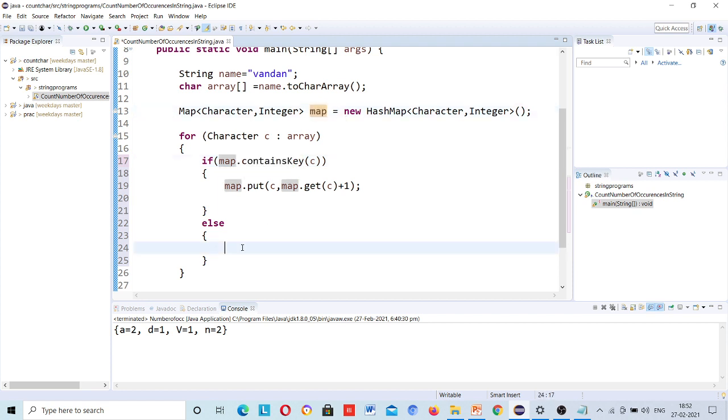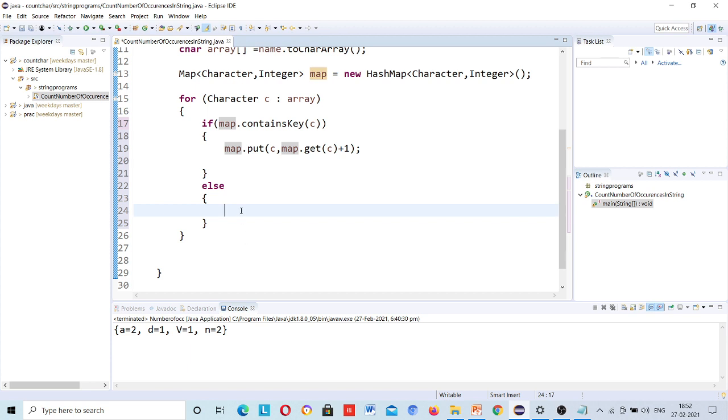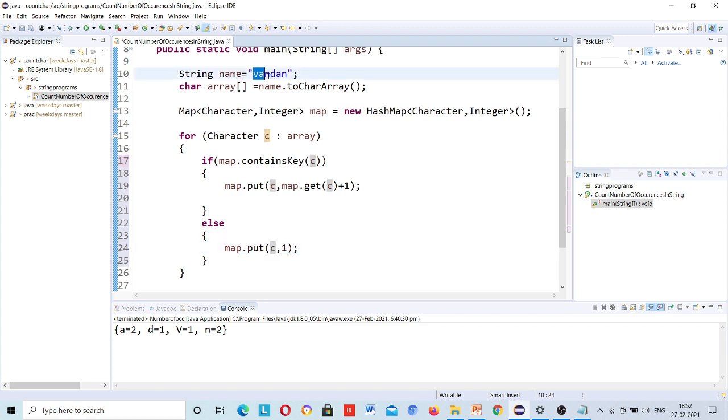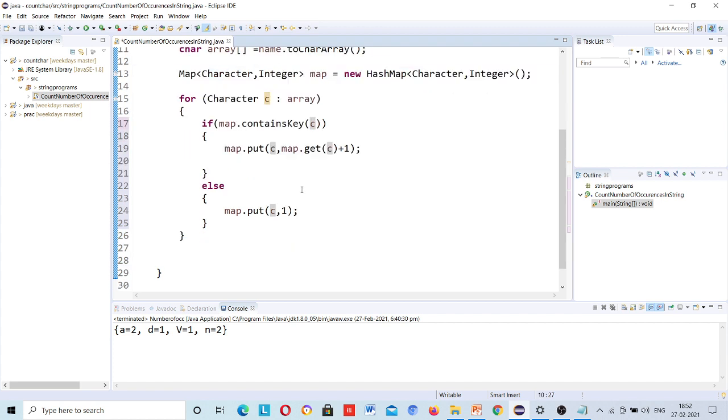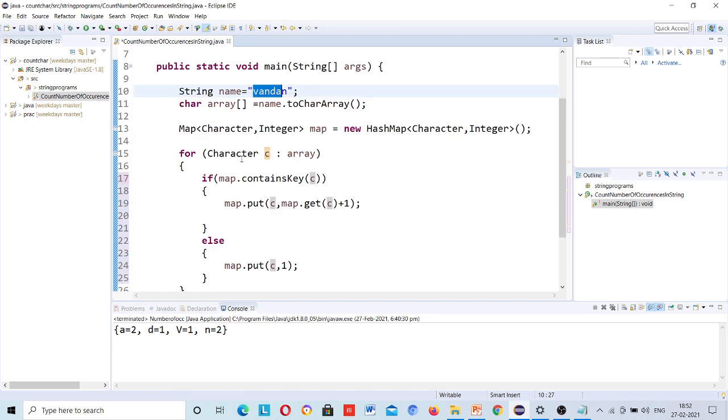Okay, so it is checking if map dot containsKey, but first time map value is null, so it will go to else part, and in else part what it will do, I will write map dot put C comma 1. Now this put is asking for key and value. So value by default first time I am containing 1, and key is your character inside array. Okay,